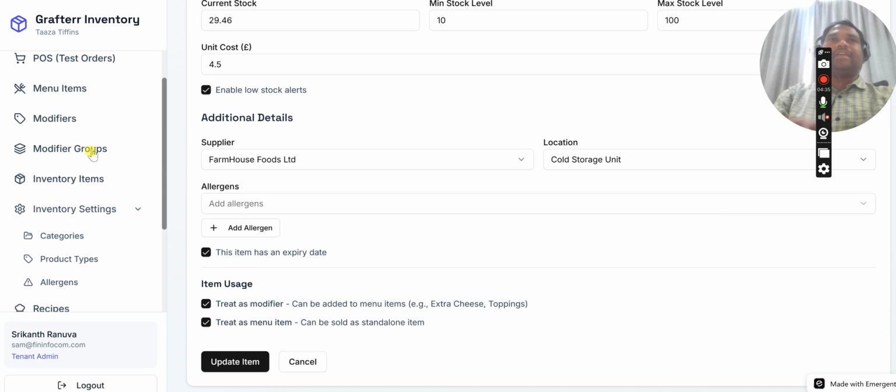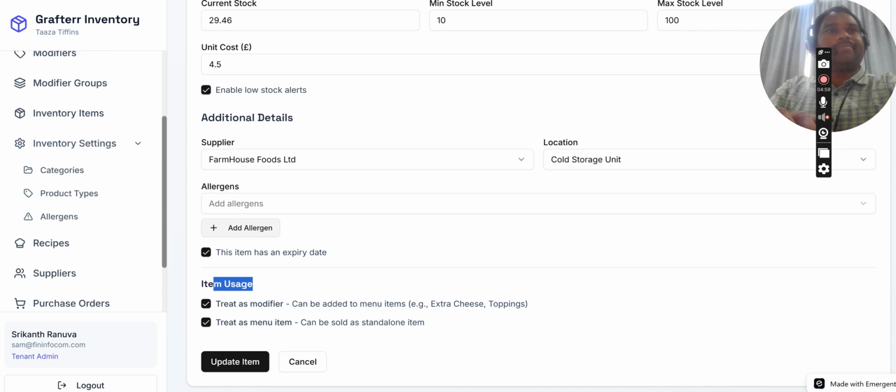Once it is updated, in the item usage I have also mentioned whether this inventory item should be treated as a menu item, a modifier, or both. That can also be defined here, and it will be calculated automatically. So this is the basic process for inventory management, and this is the common process for every inventory system. And next, when it comes to recipe,